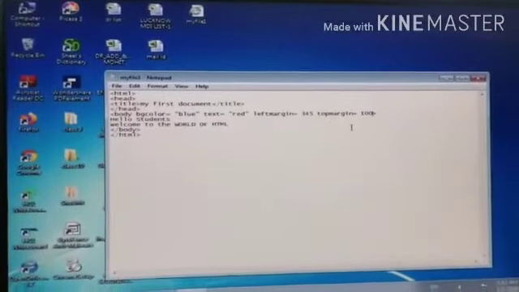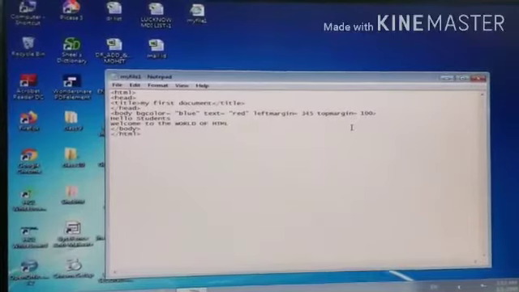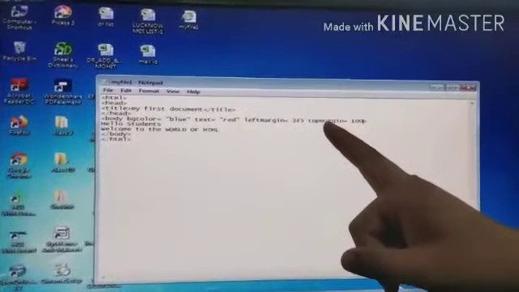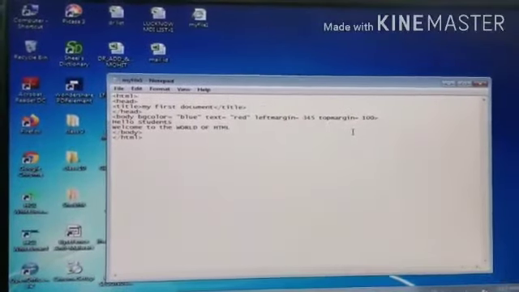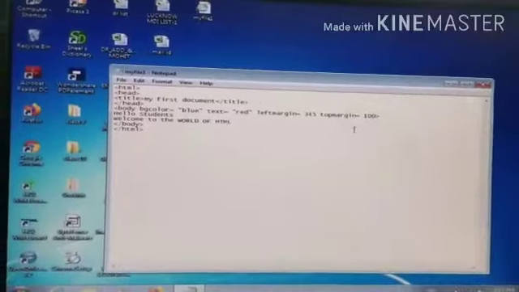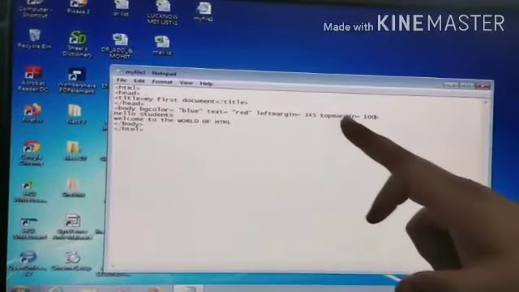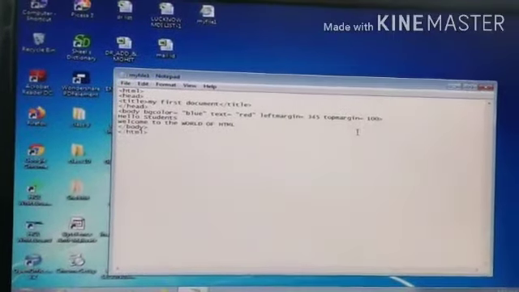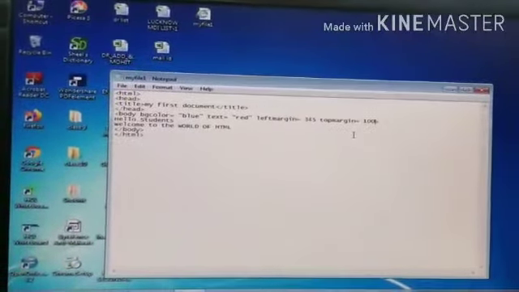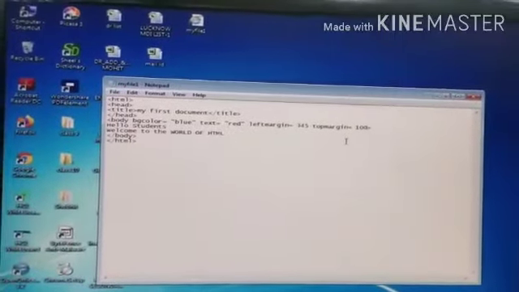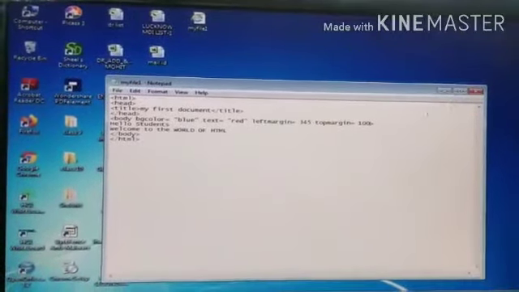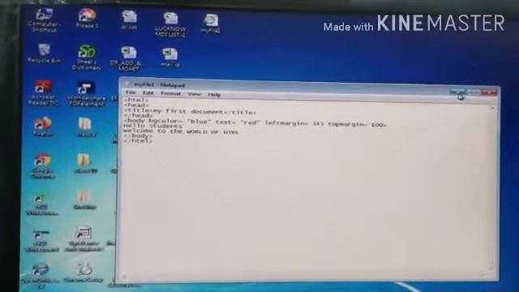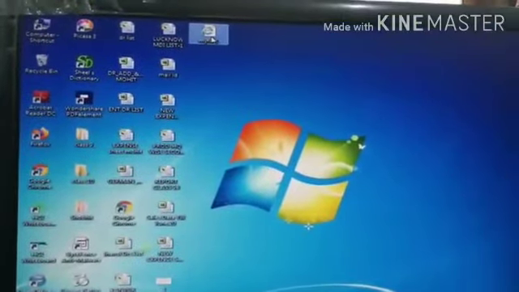You can write the value inside double quotation marks, or you can give it without them also. Here we will take care not to use any space between leftmargin and topmargin. We have to provide some value, whatever margin or distance you want from the left side and from the top side of your text, and then we can save it, minimize the file and click on the document file.